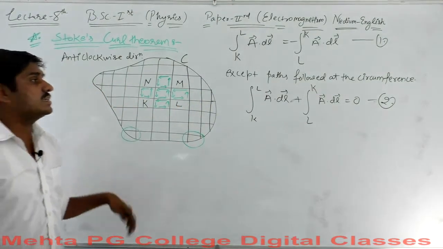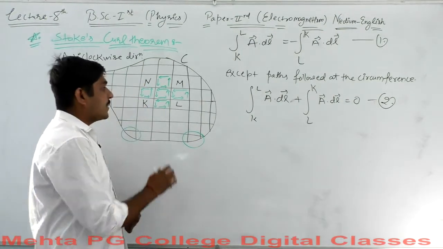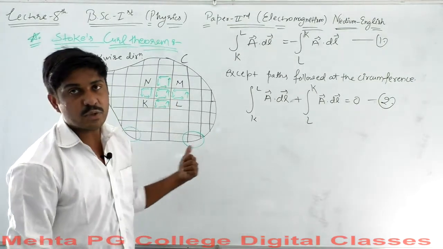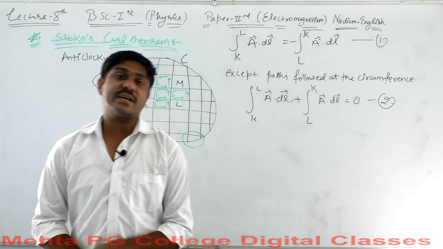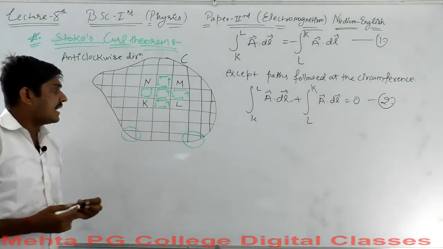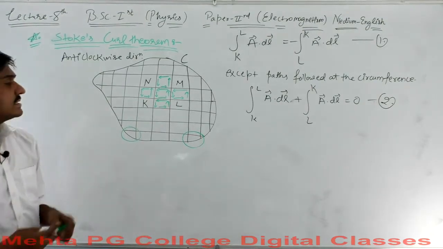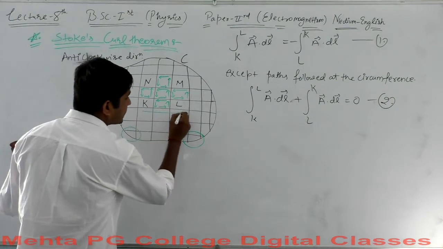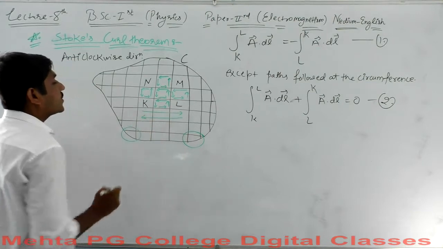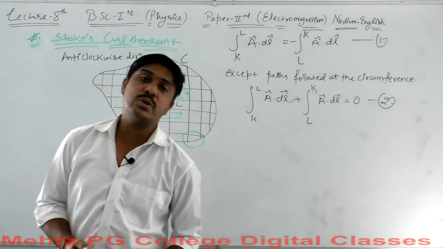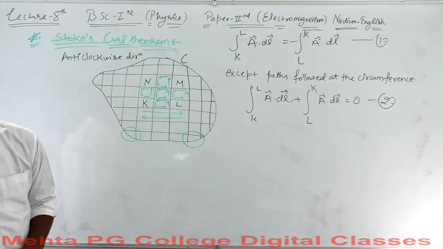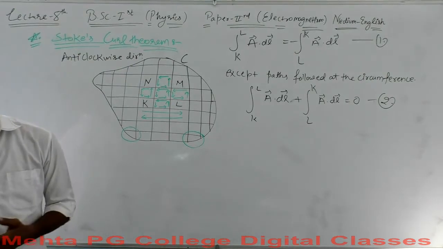Okay, so certainly I can explain one thing: the effect of the particle following the path k to L will cancel out the effect of the particle following the opposite path, which is the path Lk. You can understand it like this: a particle following the path k to L will cancel all the effects produced by a particle following the path L to k. This is what equation 2 states, and you will end up having a resultant equal to 0.